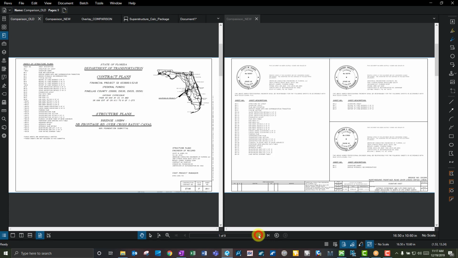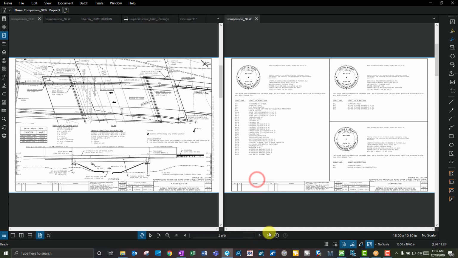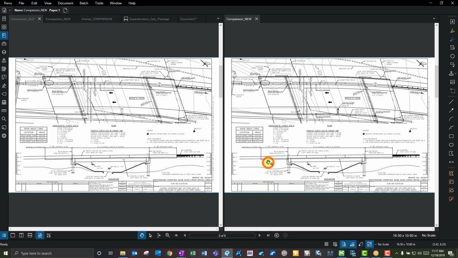So I have to manually go to page 2 on this one. And this, again, is used more so for when there's a different number of pages in a document. Another thing that I'll do if I want to use that document sync to just make my life a little easier going from page to page,